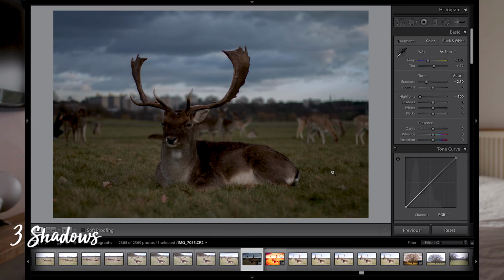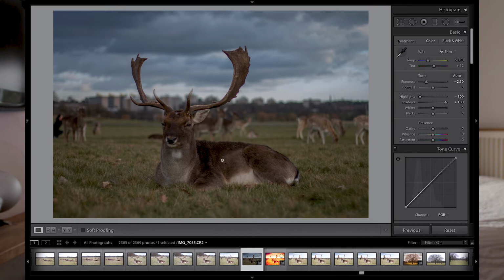The thing about shadows is that it's going to open up some of the shadows in the darker parts. And now that we've decreased the exposure and we've decreased the highlights so much in this photograph, it looks much darker than it actually should. So what you're going to do is open up the shadows a little bit more. So now you can see it's brought back some of the information that you really wanted in the main subject